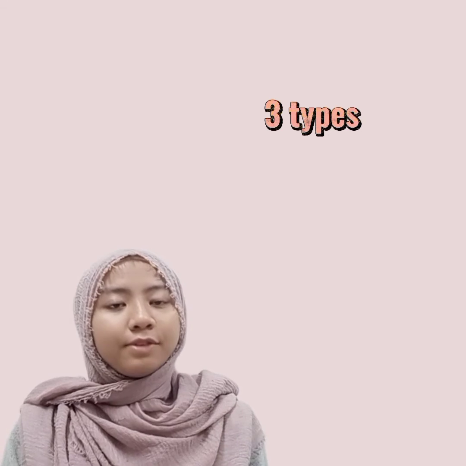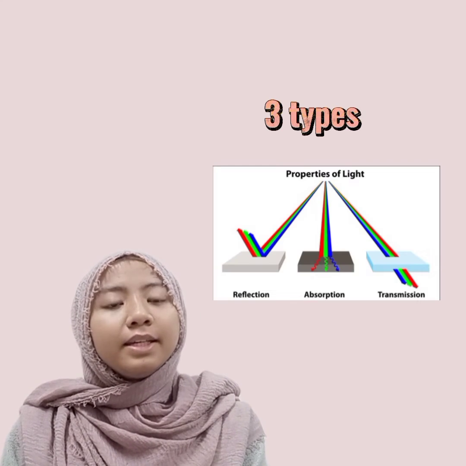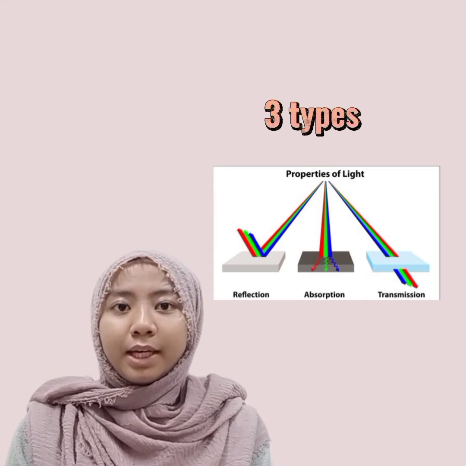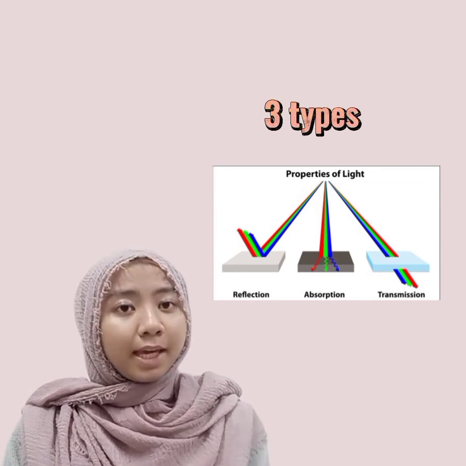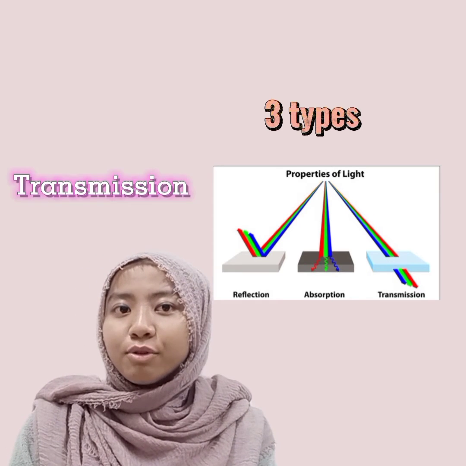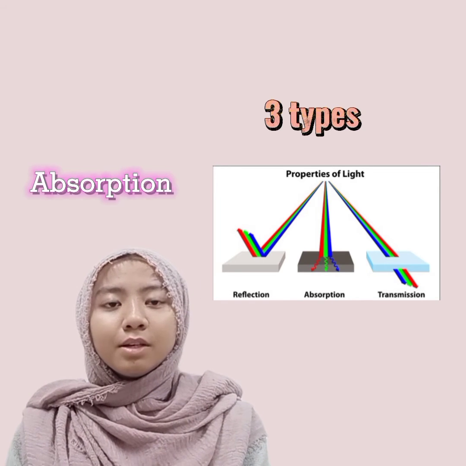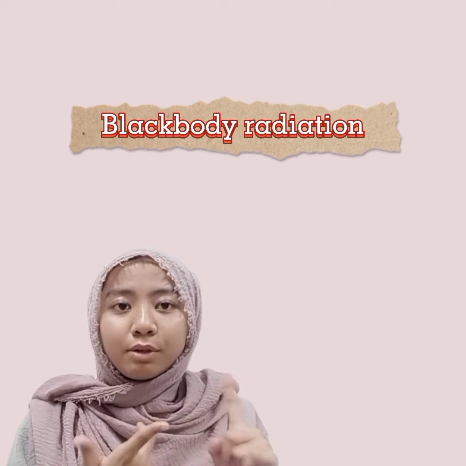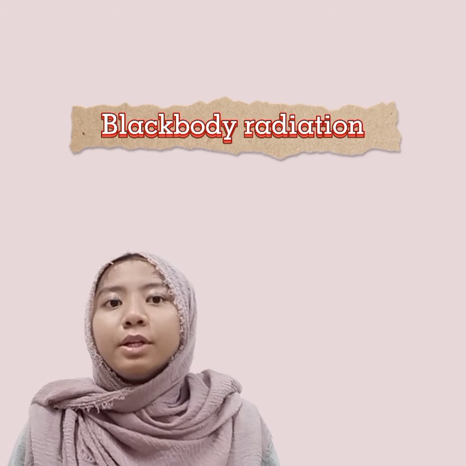When radiation hits an object, three types of physical phenomena are possible. First, the radiation hits the body and is reflected back, which is called reflection. Second, it is transmitted through the body, which is called transmission. And lastly, absorption. I'm going to talk about absorption and also reflection in order to understand more about blackbody